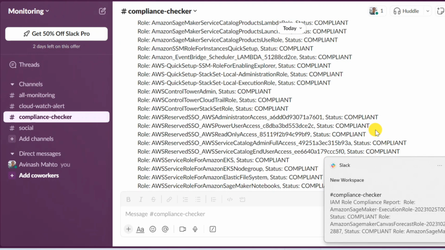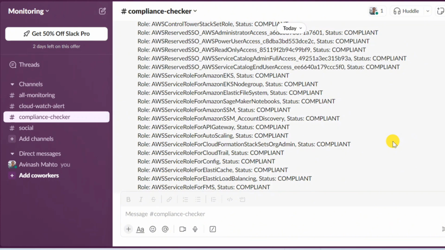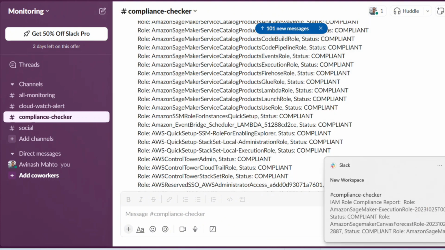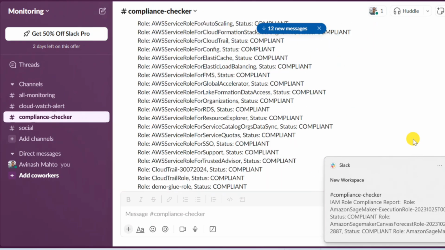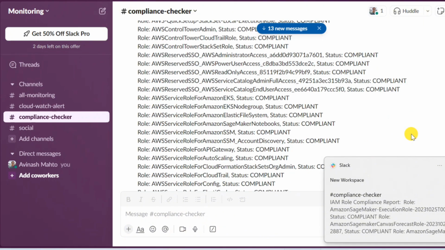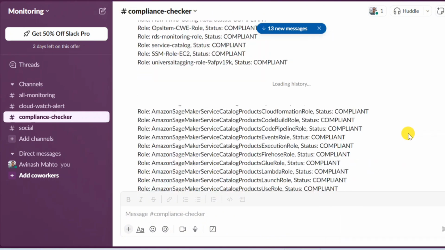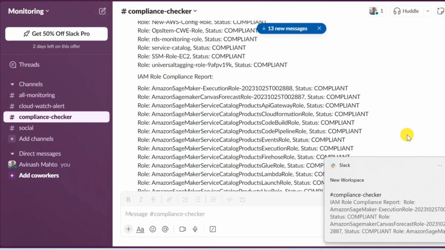Maybe here I need to work on putting some limit, so it doesn't send the previous records, it can only send the latest record. Okay, so you can see that the messages keep coming, they keep coming. Anyway, I'm going to show you right now, I'm going to make changes in the role,